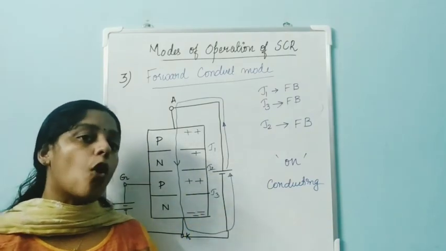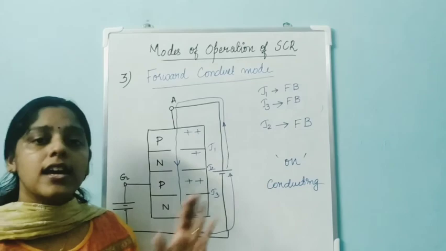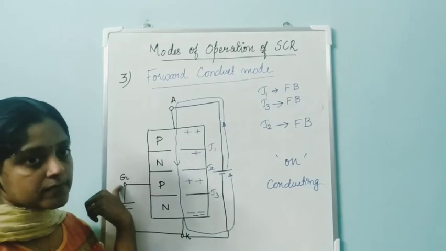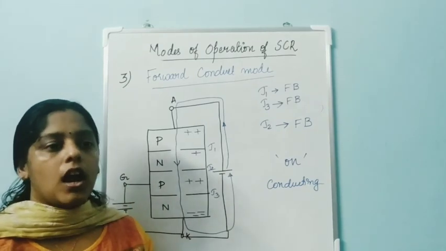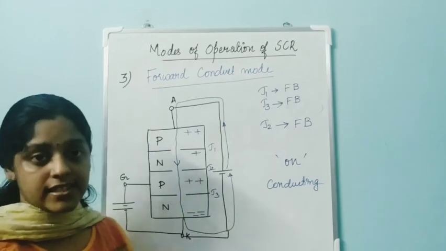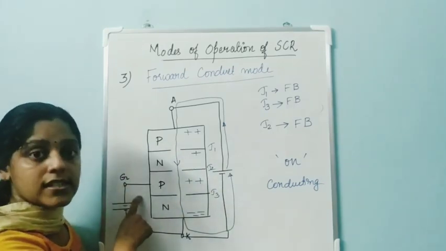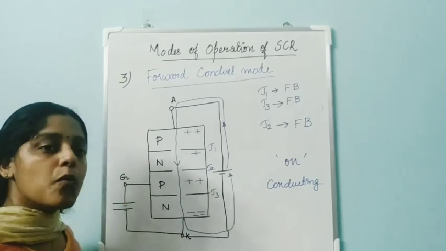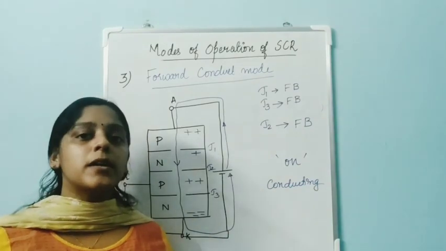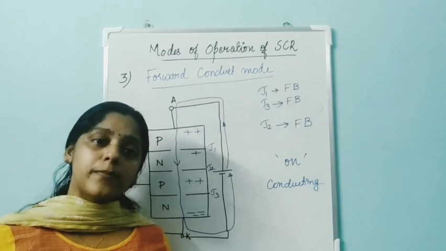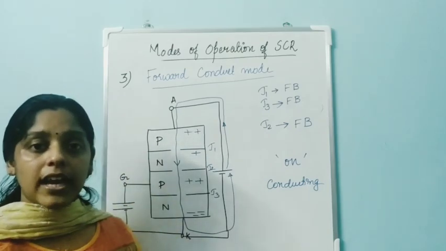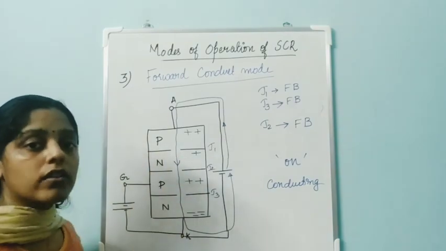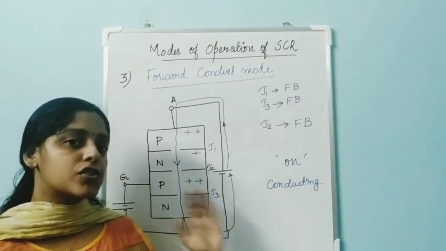This is how you can turn on an SCR. So even when the SCR is forward biased, you cannot turn it on until you provide a gate pulse. That is the peculiarity of an SCR. That means if I want to turn on my SCR, I need to provide a positive gate pulse to the gate between the gate terminal and the cathode terminal. Whereas in the case of a diode, when the diode is forward biased, it is on. When the diode is reverse biased, it is off. But in an SCR, in addition to the forward biasing, I need to provide a gate pulse in order to turn it on.